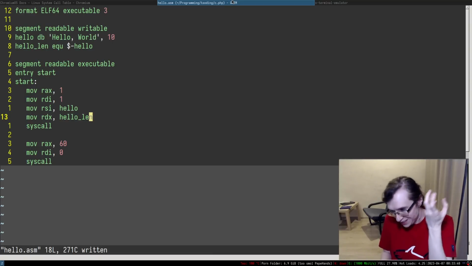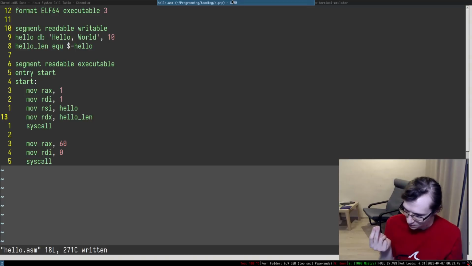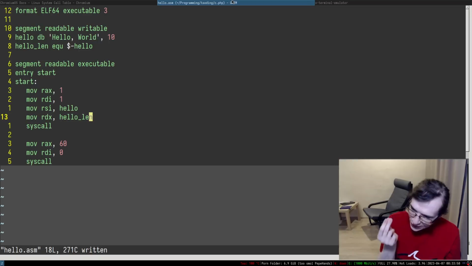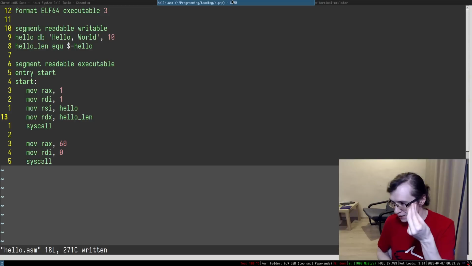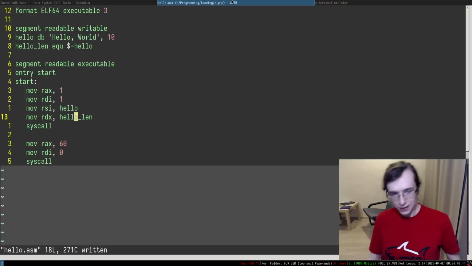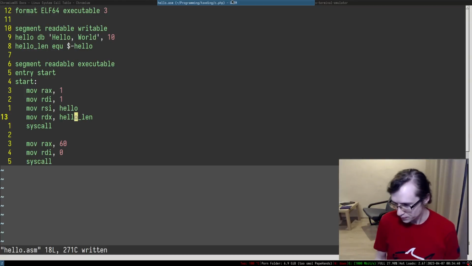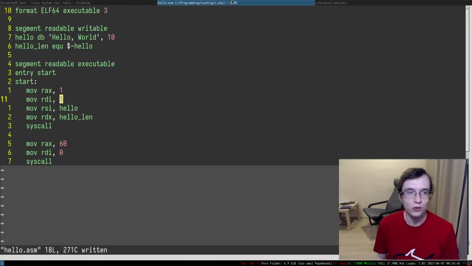Why accept the size of the string and require null termination? The null termination is needed specifically to know the end of the string. So if you have null terminator, you don't need size. If you have size, you don't need a null terminator. Make sense? So it doesn't really matter that much, because we're gonna generate that anyway. So let's go ahead and do that.